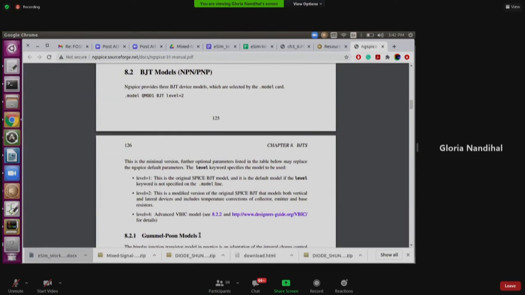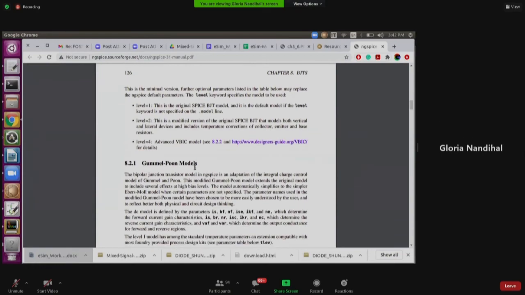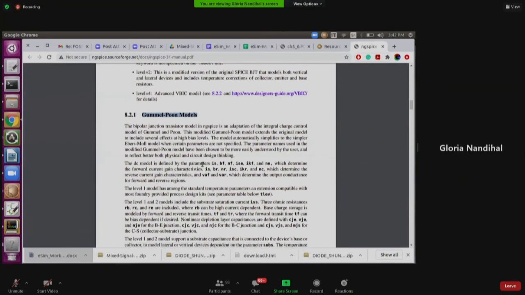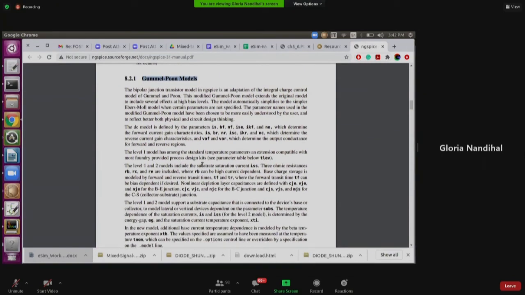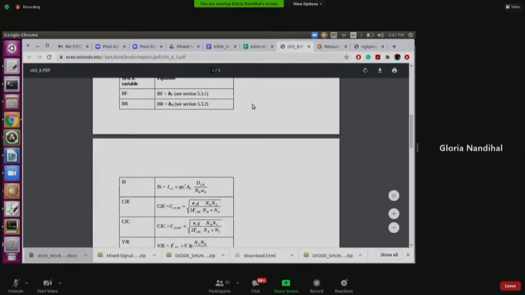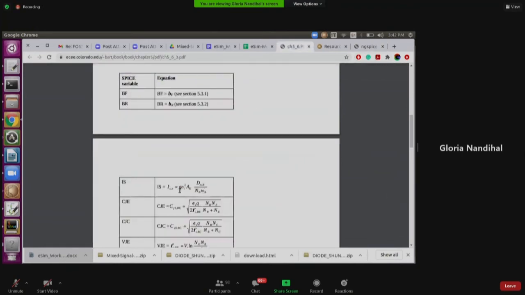All the BJTs are modeled using this model, the Gummel-Poon model. If you see here, these are the equations which are used to calculate the parameters using that model: the doping of the base, the doping concentration, the width of the base, the charge, right?